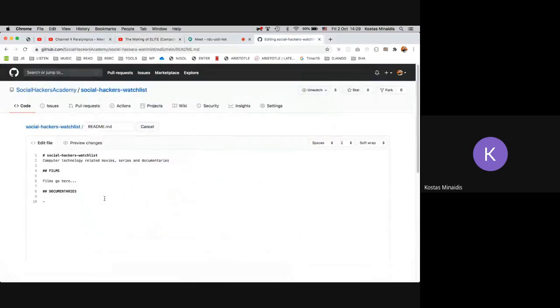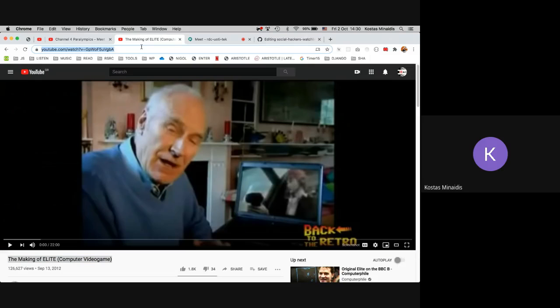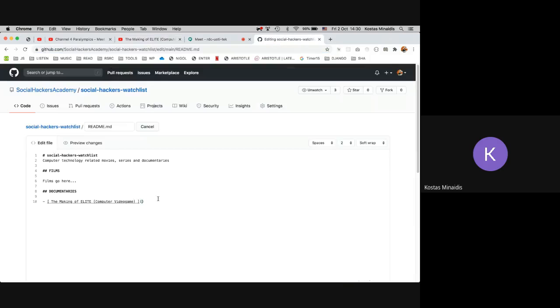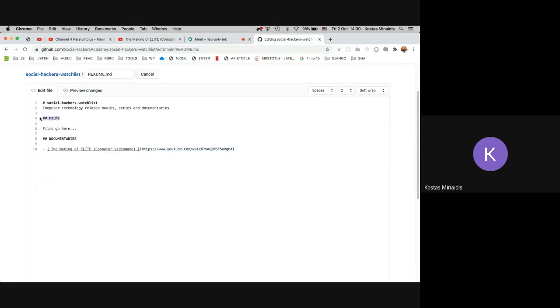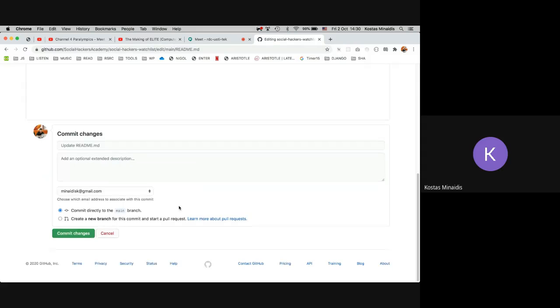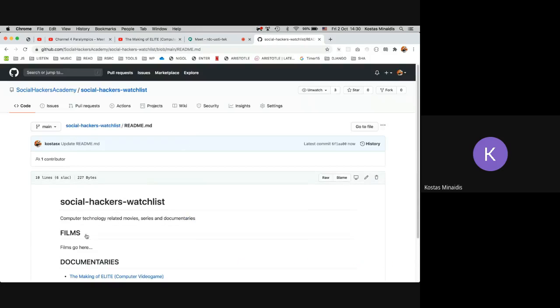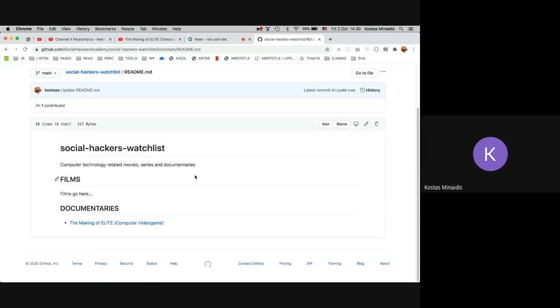paste it here, and I will use this syntax, which is the Markdown syntax for an anchor tag, an HTML link. So in here, in the brackets, I will place the title of the link, and then in the parentheses, I will put the URL. And so this is the Markdown format, H2 tag, an anchor tag, and then I should click on commit changes. So now this is the updated